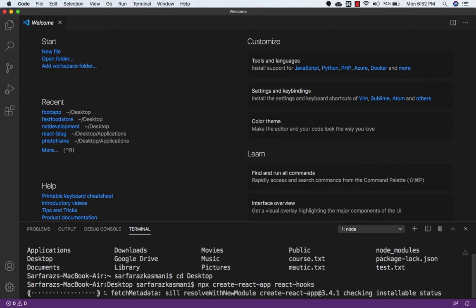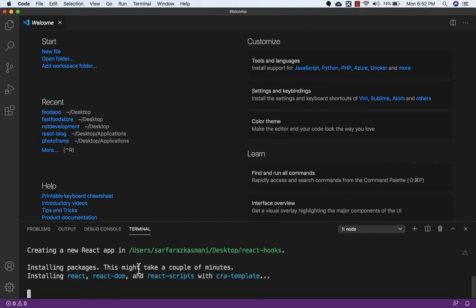Now it will take some time to create this project, so we need to wait a while. It will install all the packages of React, React DOM, React scripts.